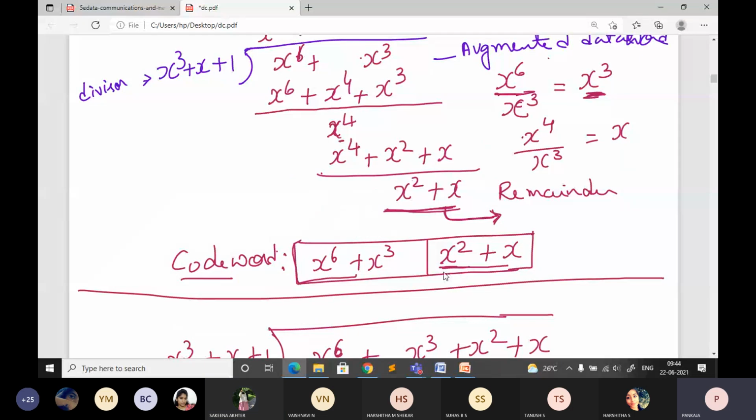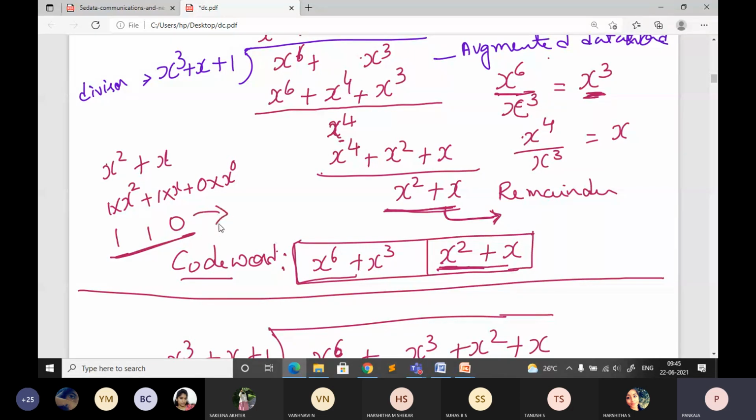So you want to just convert this into binary? Yes, ma'am. Okay, x square plus x. So here you don't have the constant term, so that is 0 into x power 0, plus you have the x term, you just write it 1 into x, plus you have x square here, so that is 1 into x square. So it is 1 1, and this term is 0, that's all, it is 110.